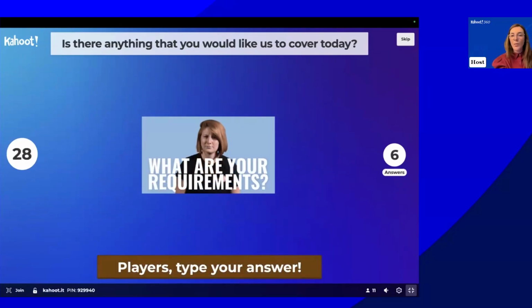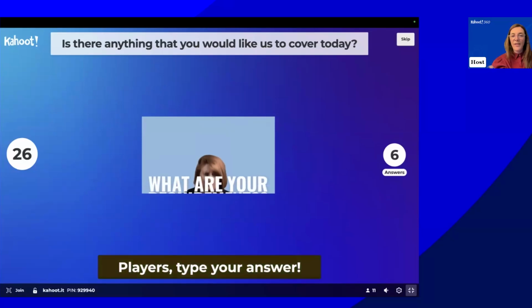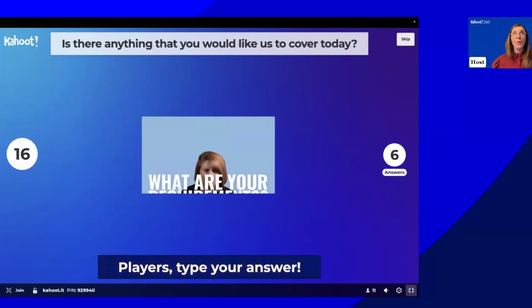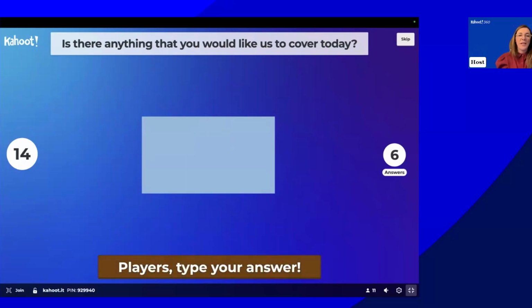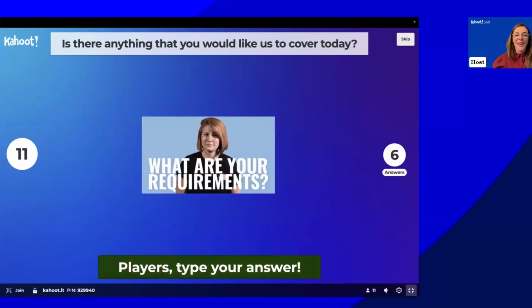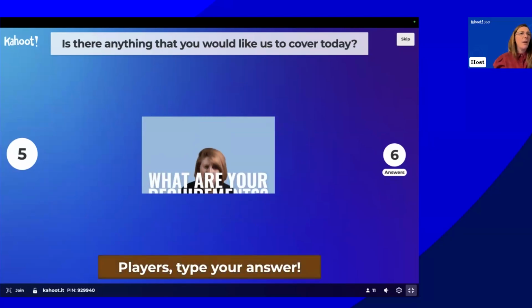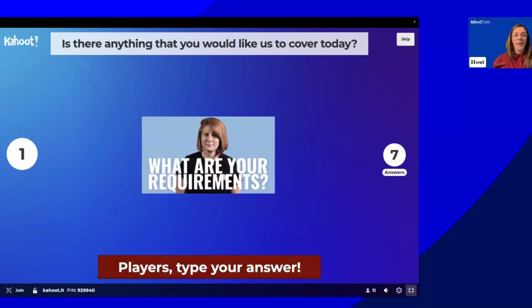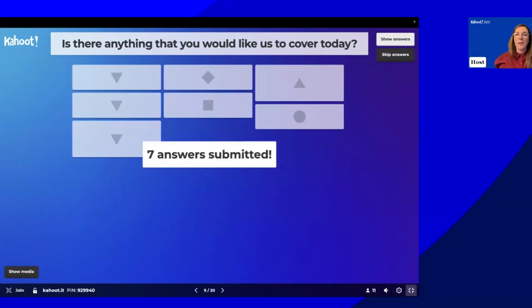As you can see as well, we have a fantastic library of free media that you can use. GIFs are great if used sporadically. So in this instance, for those of you that are waiting for other people to input their ideas, it can be entertaining to watch this, but hopefully not too distracting. We work with Getty Images. We can add YouTube videos, Vimeo videos, or upload your own media. Quite a lot that you can do to customize your Kahoot.